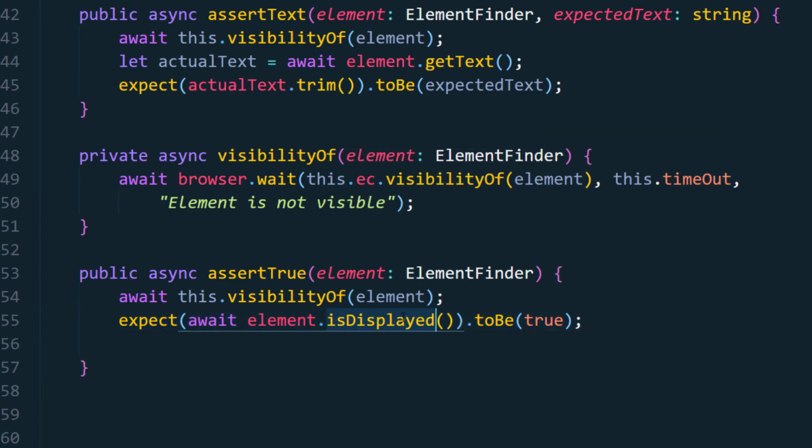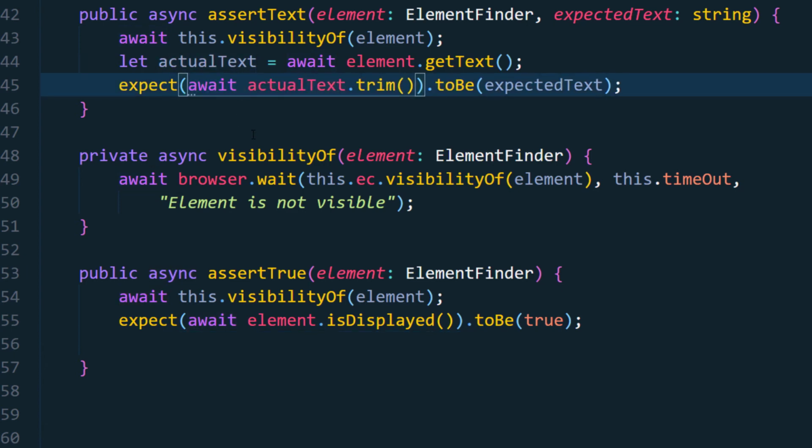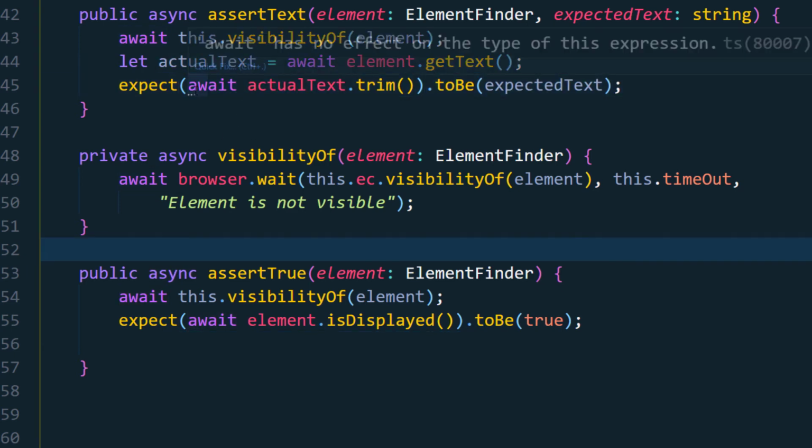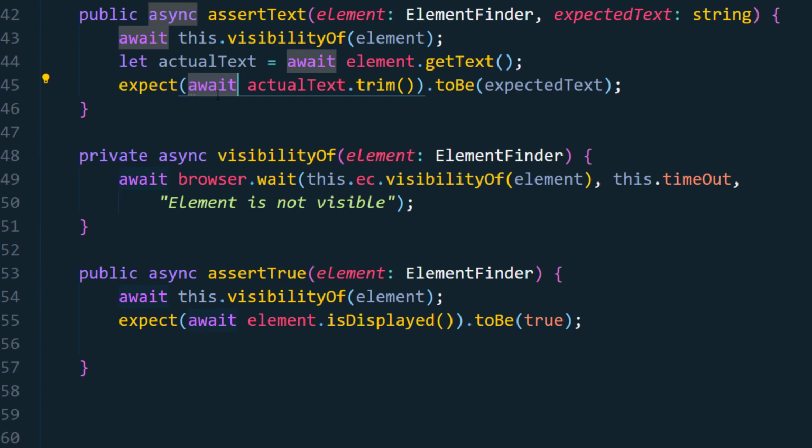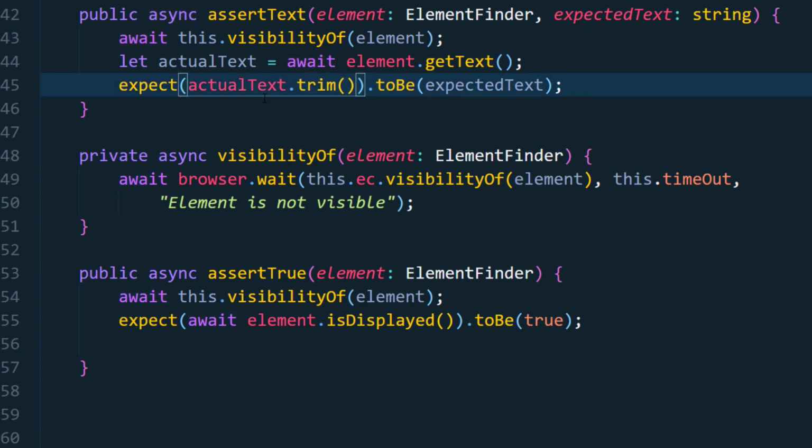We are checking isDisplayed, and here the value is true, right? Now of course I have to include the await here as well, I forgot. So let me add this, and here it says not needed because we are checking for the text here, so we have already used the await. But in this place we have to resolve the promises, and then we have to check for the boolean, right?